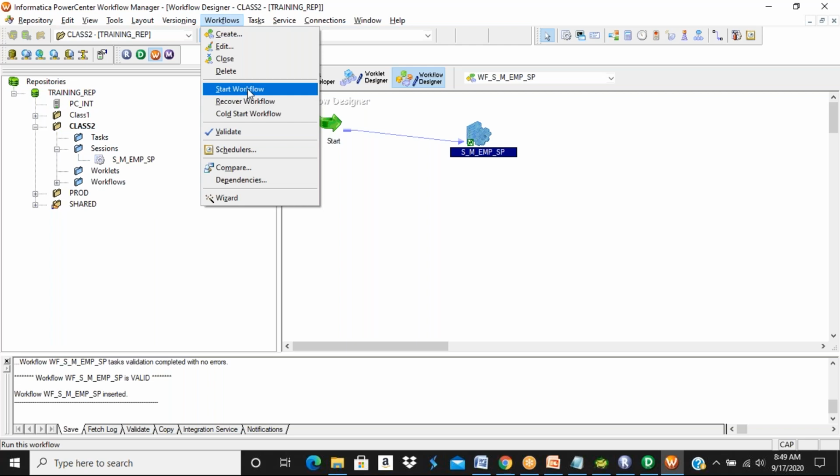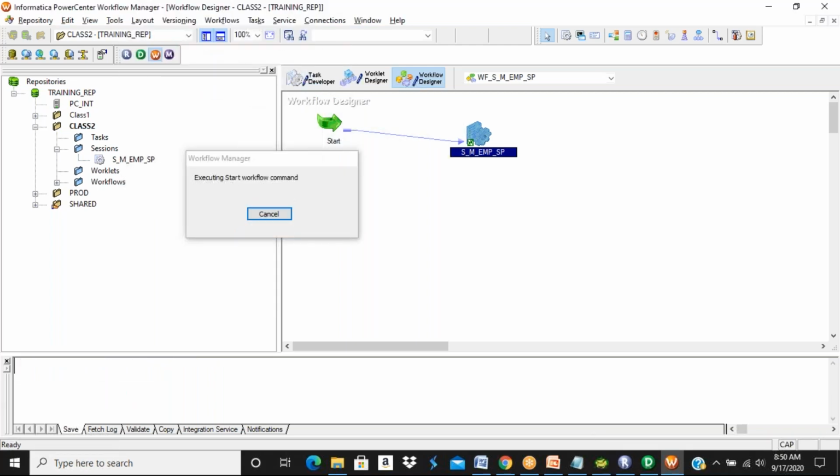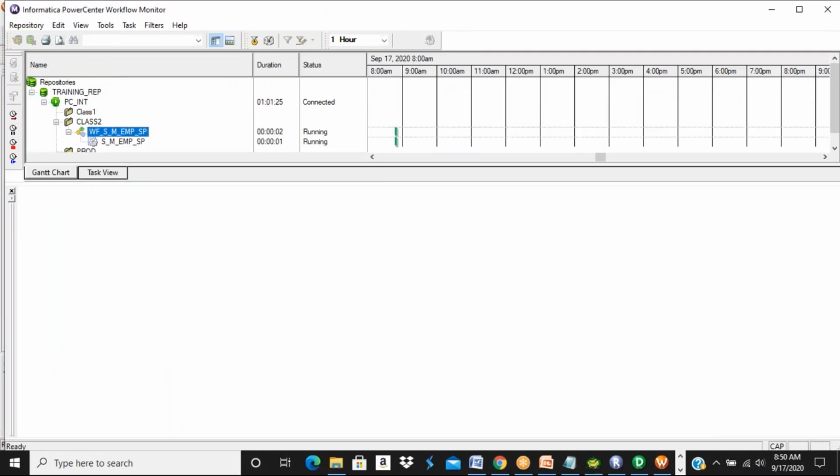It extracts the code from the repository database and gets it into the integration service buffer. Then, using the relational connections, it extracts the data and loads the data. You can see all these things in a client component called the workflow monitor. Servers always execute in the backend, right?